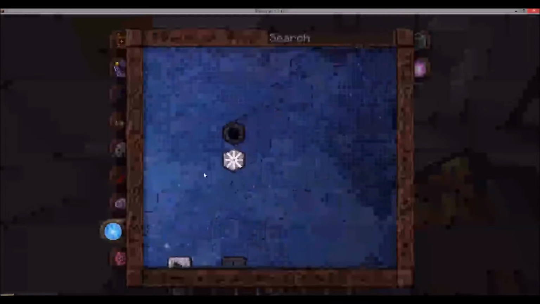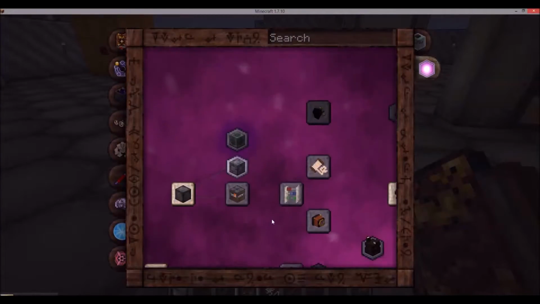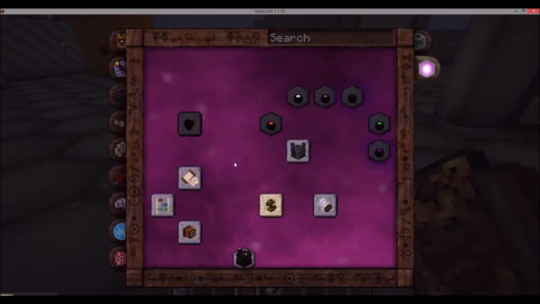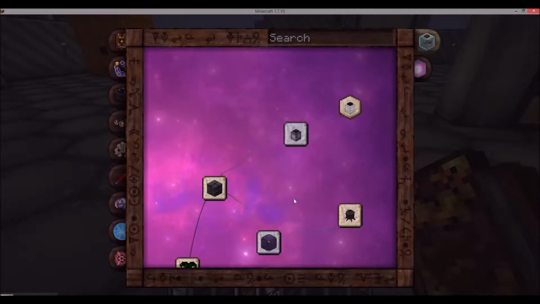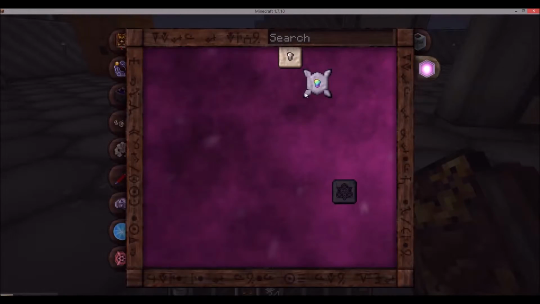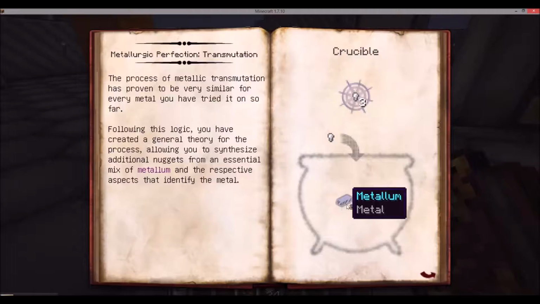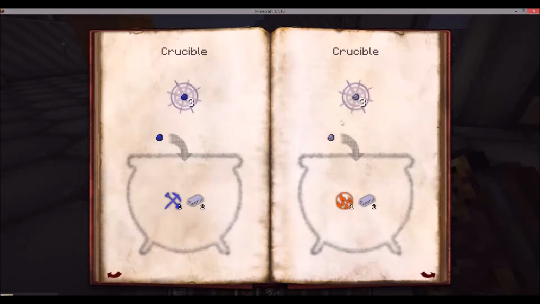Let's see. This is slowly unlocking a ton of stuff in this book from me scanning stuff. Like transmutative staff core and this. Okay. So there's a different recipe for transmutating aluminum, which takes feathers. That might end up being more, but this is showing me, I don't know if there's another way to get that besides from platinum itself, so